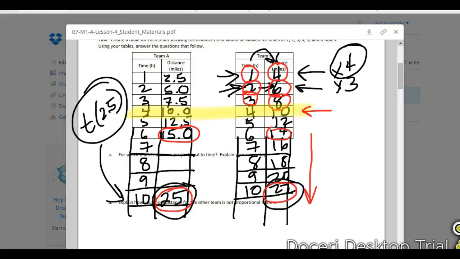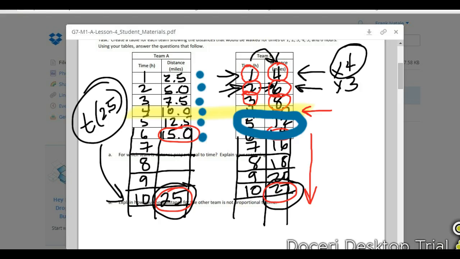So now 12 miles, let's see here, 12 miles right here. 12 miles for team B is 5. They would have been running 5 hours. Now for A, we can't actually see 12; it doesn't appear on our chart. But we can see